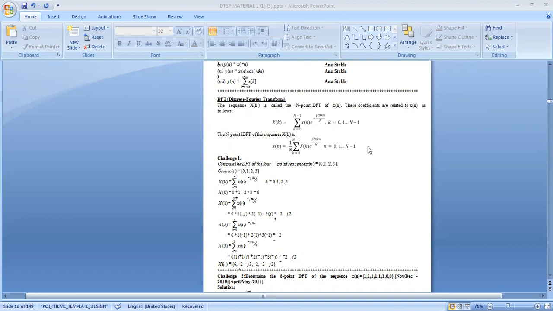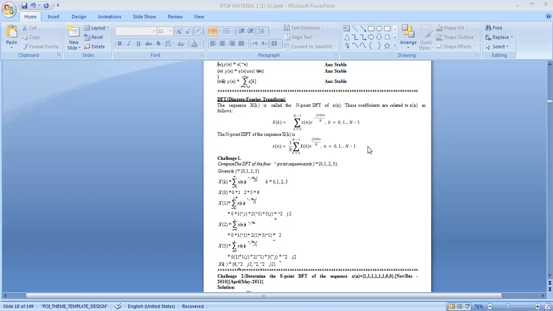Next we need to know the formula for finding the inverse discrete Fourier transform, that is IDFT. The IDFT of X of k is nothing but x of n. The formula is given as 1 by N summation, where instead of n we will be using k, k equals 0 to N minus 1, X of k e power j 2 pi k n by capital N, where n will be varying from 0 up to N minus 1. And we know that capital N is the length of the sequence. Now I think the formula is clear.